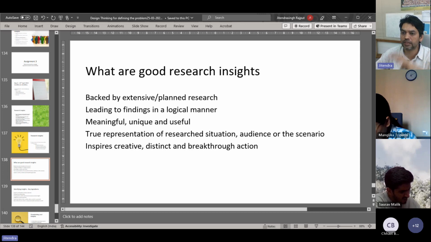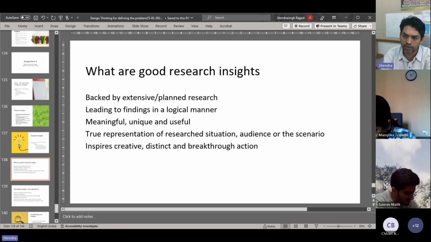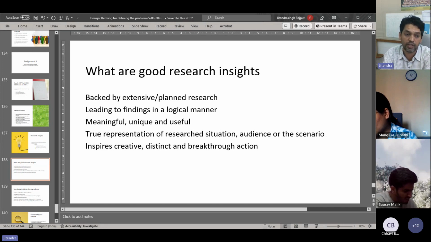So don't just say that, okay, you have seen some problem happening in and around you, you have come across a great insight and you should work on it. Insights usually lead to certain types of conclusions in a very logical manner. It doesn't happen just because you have got some idea or you are too intelligent and you have got some directions. That will not happen most of the time.